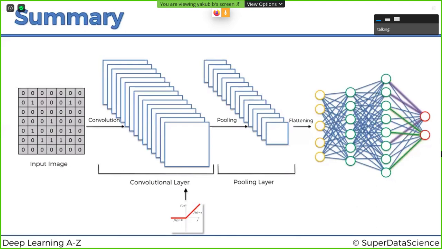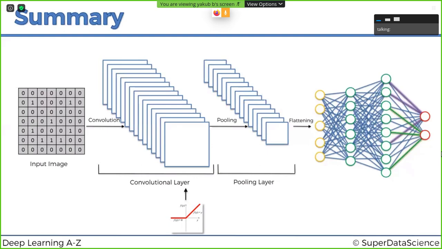Then we flattened all of the pooled images into one long vector, or column, of all of these values, and we input that into an artificial neural network, and that was step 3, flattening. And step 4 is the fully connected artificial neural network, where all of these features are processed through the network, and then we have this final fully connected layer, which performs the voting towards the classes that we're after. And then all of this is trained through a forward propagation and back propagation process, and lots of iterations and epochs. And in the end, we have a very well defined neural network.